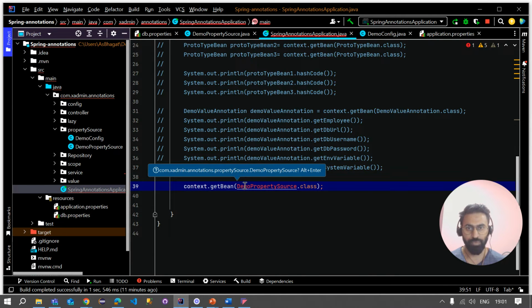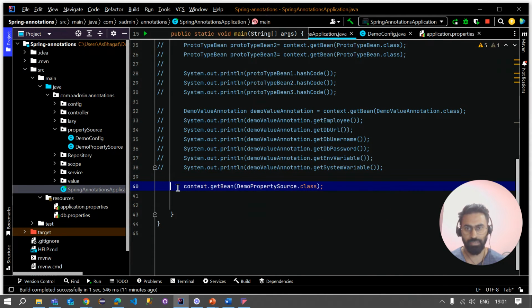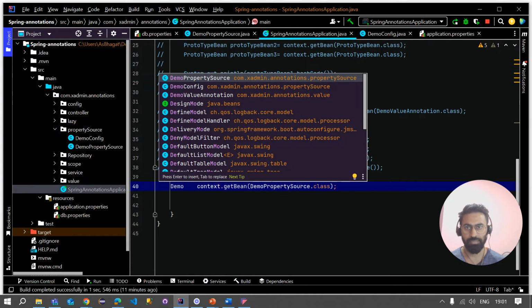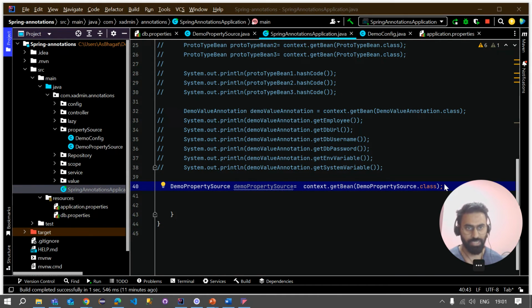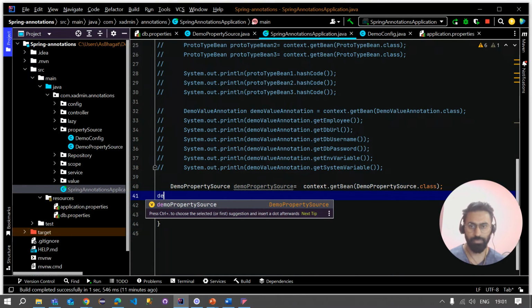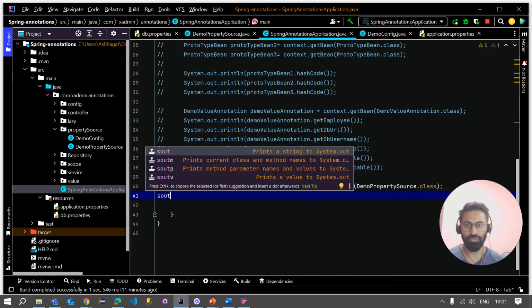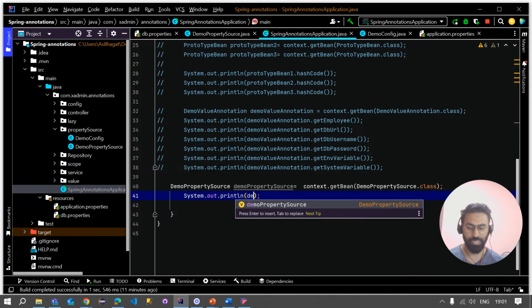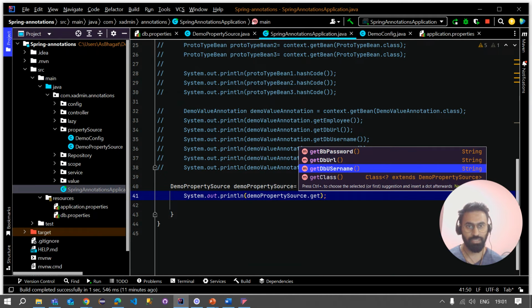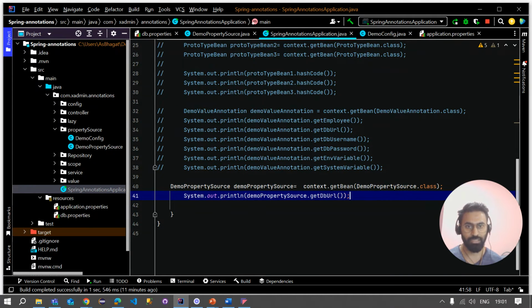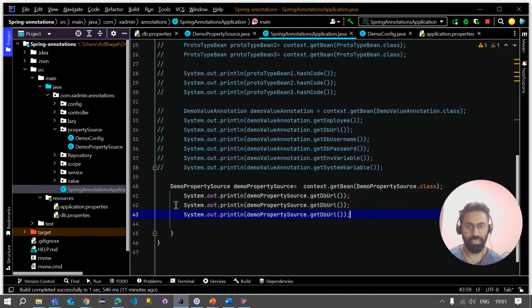We have to import this, and in a similar manner let me store the instance variable of this inside demo property sources. All right, so we can use the demo property sources, and I want to show System.out.println demo property sources dot get url db url, the getter method, and in a similar manner